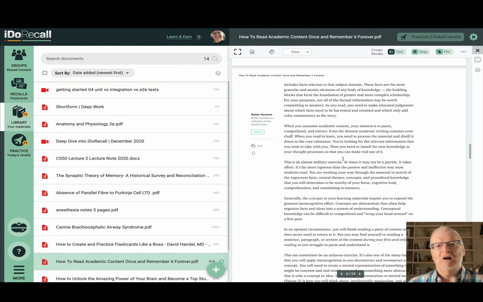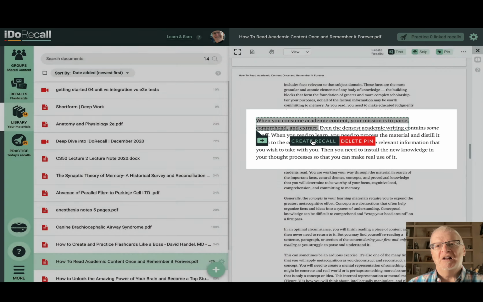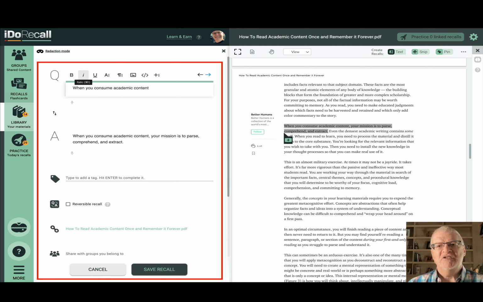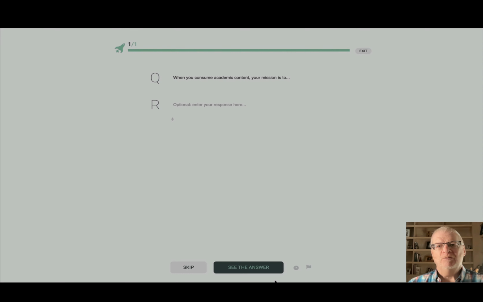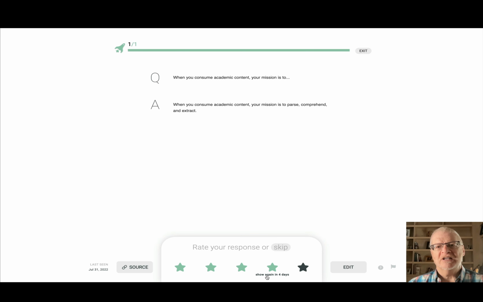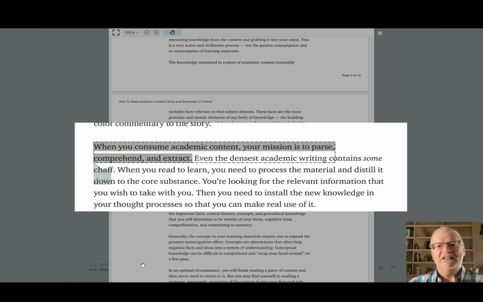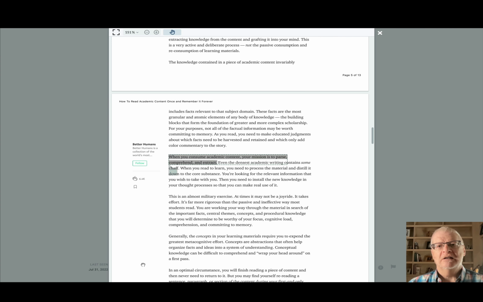Imagine that you've learned something while reading a file, such as a Word document, a PowerPoint, or a PDF. With iDoRecall, as you read and learn, you create flashcards, perhaps even creating flashcards instead of taking notes. If you comprehend something new and you want to ensure that you'll remember what you just learned, pause and create a flashcard. Then when you practice memory retrieval with your flashcards, if you struggle to recall the answer, you can click the source button on the back of the flashcard, and that source file or video will open at the linked location where you learned that concept, fact, definition, or formula.